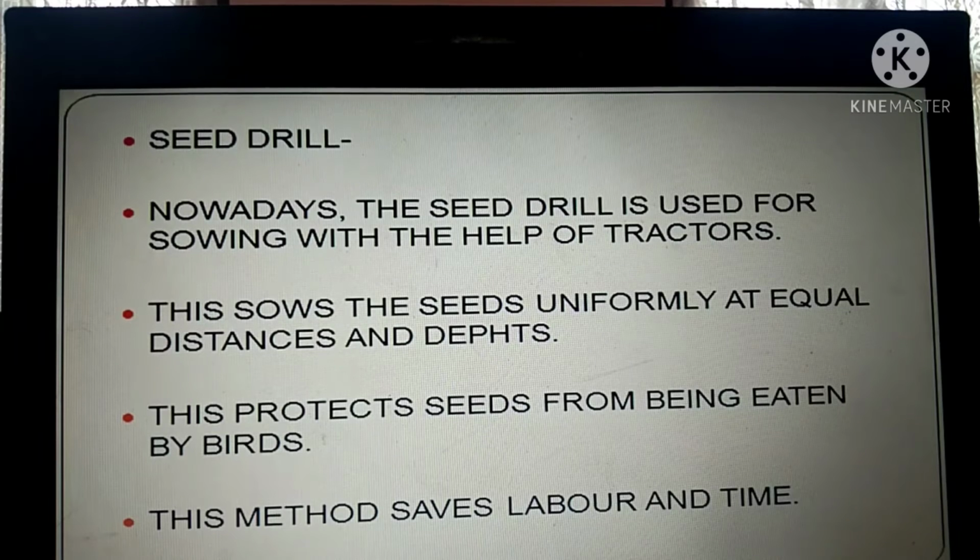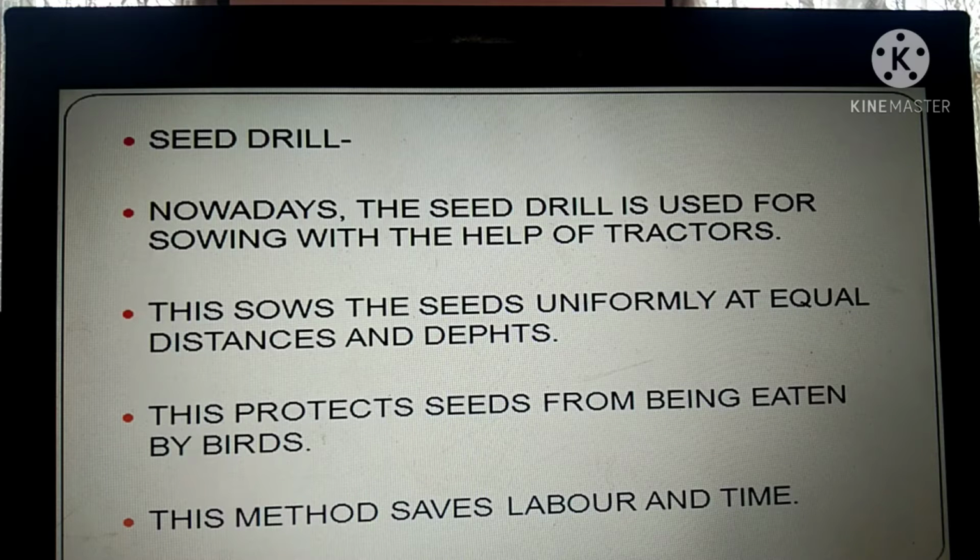Yes, so today we are going to study about the seed drill. This is another method which is used for sowing. Okay, so traditional method, if you remember, there was a pair of bulls, there was a funnel shaped apparatus, and with the help of the funnel shaped apparatus the seeds are getting distributed throughout the field. The farmers used to put the seed in the funnel shaped apparatus, and with the help of the pipes the seeds were getting sown not at equal distances, but at different distances, at